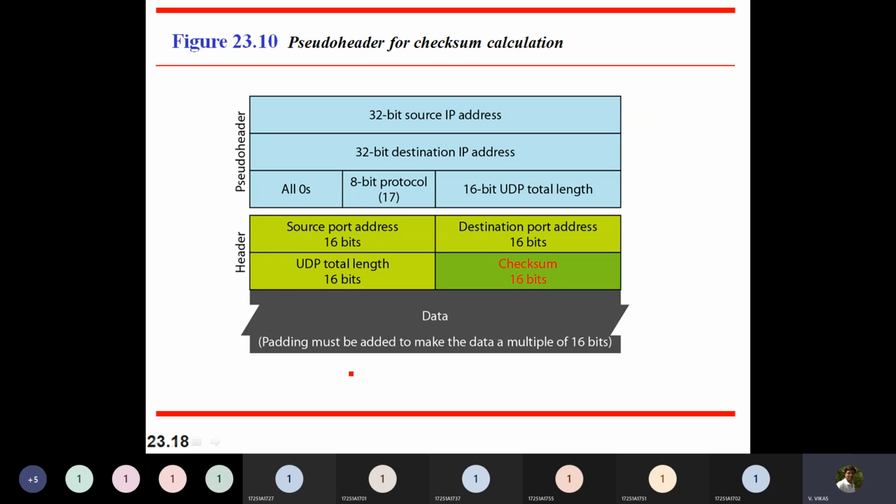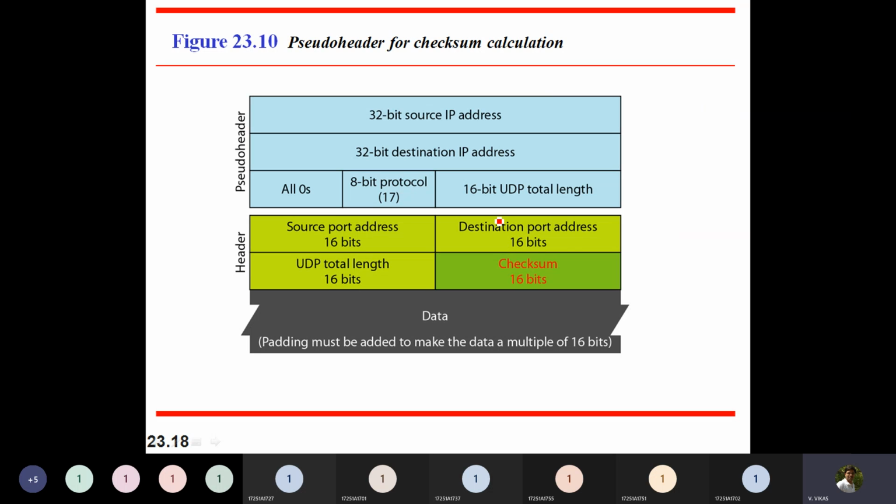Then we have something called a pseudo header, which is very crucial in the calculation of checksum in UDP. Like the checksum calculation we have done at Ethernet or maybe at IP, I hope you remember, we considered 16 bits at a time and added all those things, and at the end we considered the inversion or the complement value of that particular result. Similarly, here also we will be doing the same thing, but the difference is rather than considering only the header